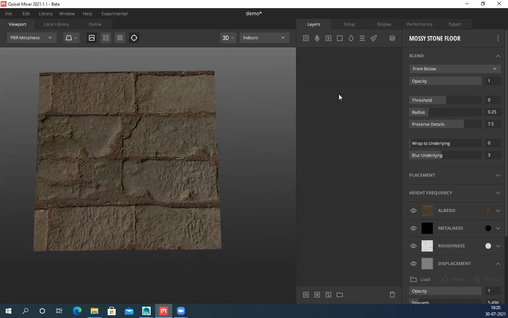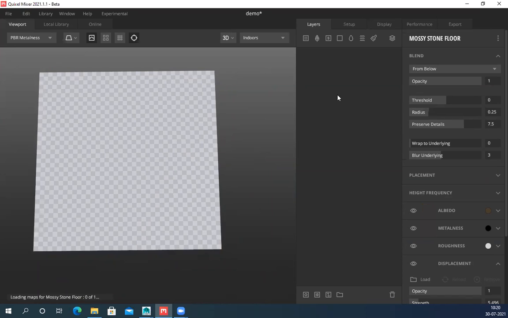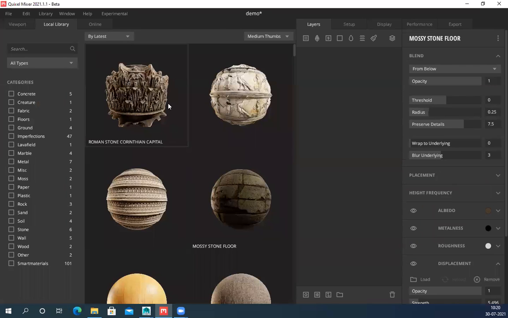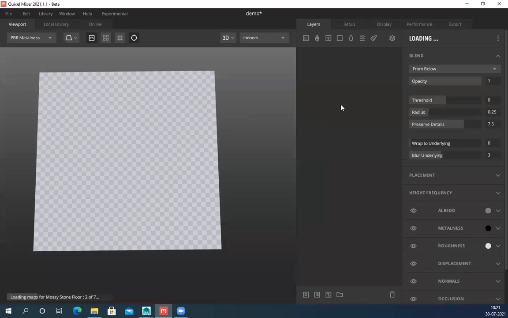where is my texture? Where did it vanish? It's very strange. Loading. This is all scans and everything is directly connected. It's still a beta version, so it's a little heavy.